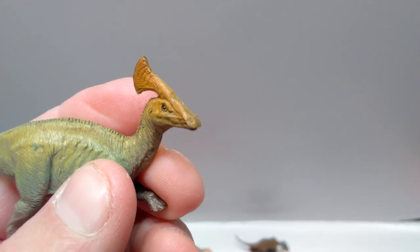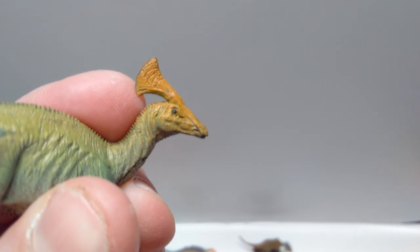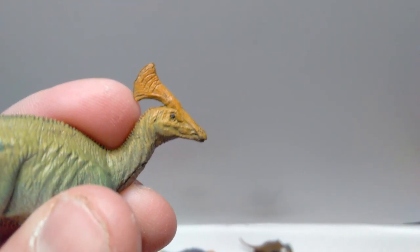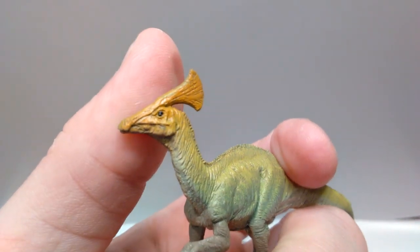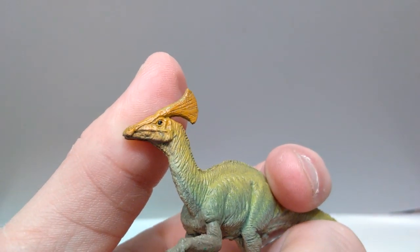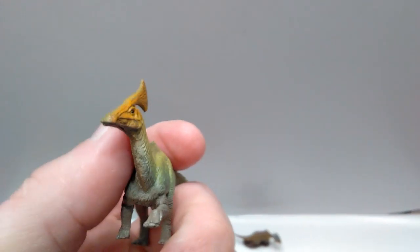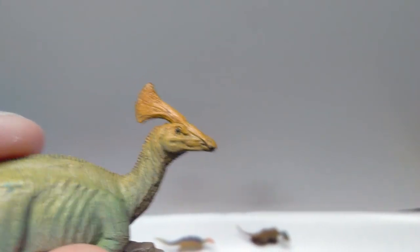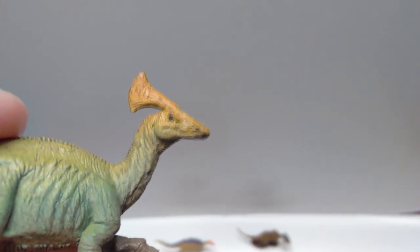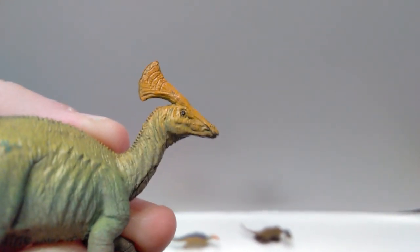You can see the nostrils are there, they're present. The entire sculpt work all around the eye looks really good. And all the very small minute details that would be included in the head sculpt are all present. The eye is also very beautifully painted on this side. Man, they just continue to impress me. This actually might be my new favorite minifigure just by looking at the head sculpt alone. And I continue to say this in every video, and that just goes to show you how continuously impressive these